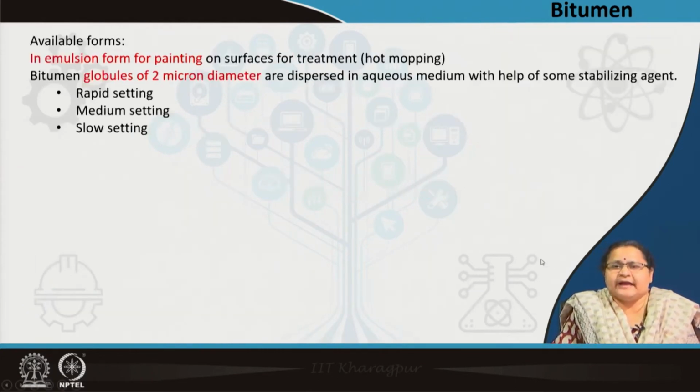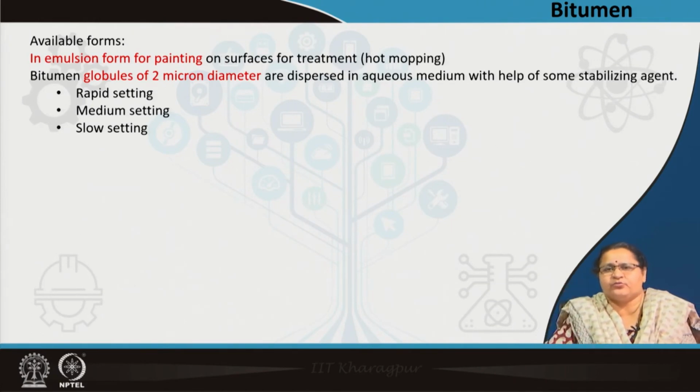So, coming to the available forms, as we had discussed during damp proofing, majorly we had discussed membrane damp proofing. So, what is that membrane of? When it was surface treatment, we were talking of a layer of bitumen, say around 3 millimeter. So, when we are talking of the surface treatment, it is an emulsion form in the form of paint. It is globules of bitumen, say around 2 microns in diameter, suspended in an aqueous medium,